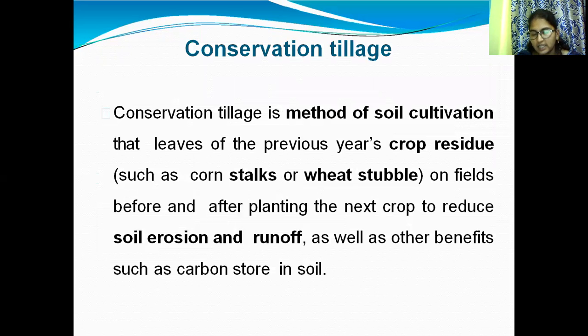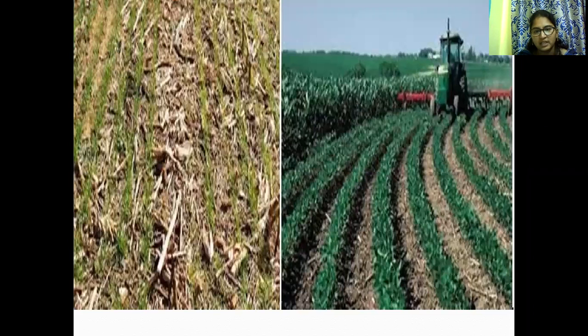And conservation tillage. What is conservation tillage? The figure shows conservation tillage.